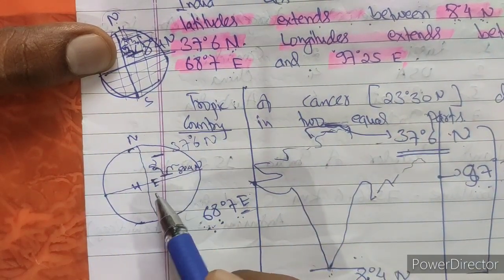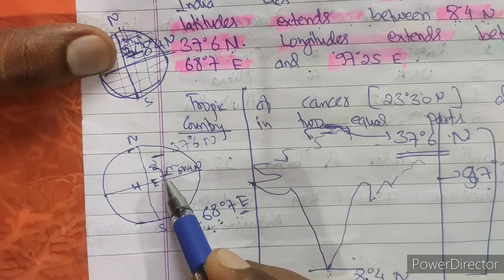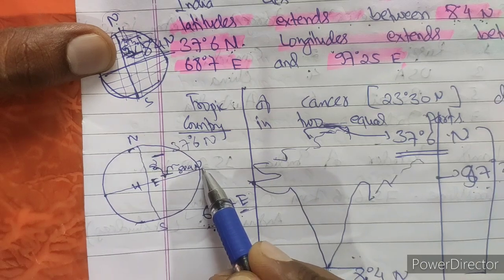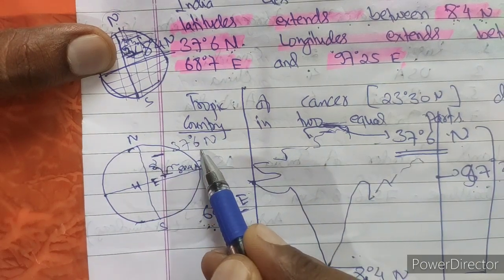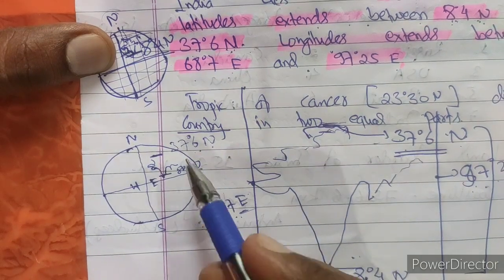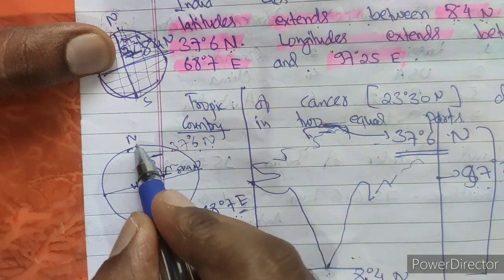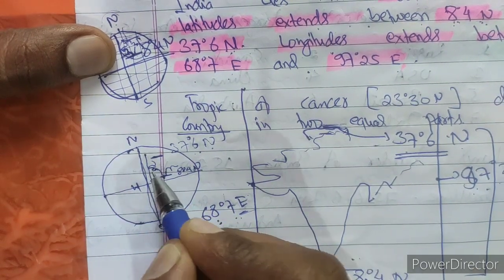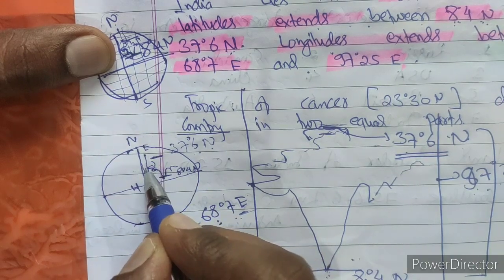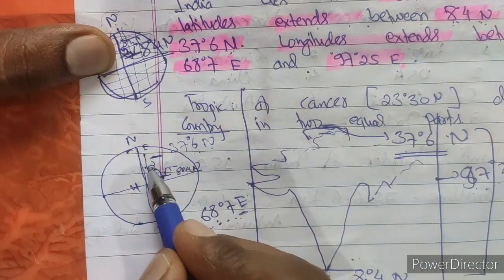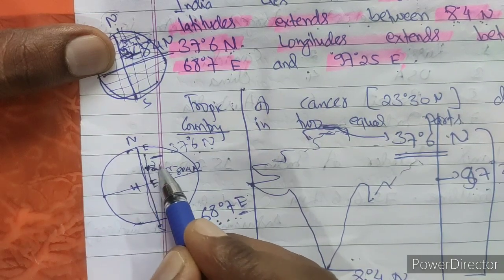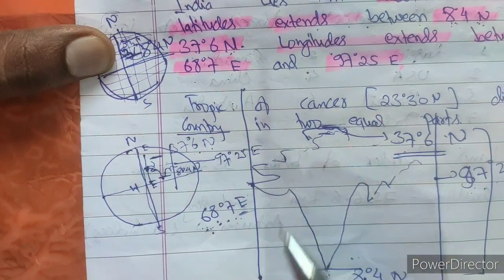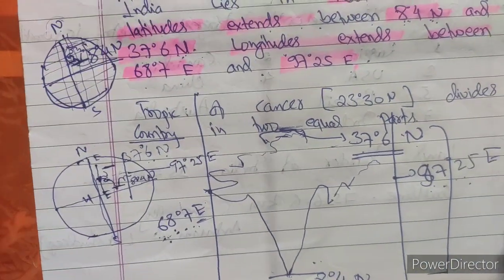Okay, this is clear. Then which line is this? These horizontal lines are latitude lines, 8 degrees and 4 minutes north to 37 degrees and 6 minutes north. Then the longitude line starts this way, this is the center line, and this way India lies in the east. This is the first line which touches India on the east side: 68 degrees and 7 minutes east in Gujarat. It moves up to Arunachal Pradesh, and the last line is 97 degrees and 25 minutes east. Hope the concept of the location of India is clear to you.